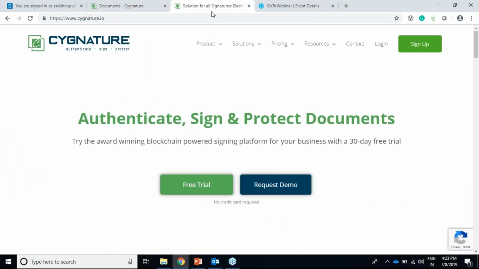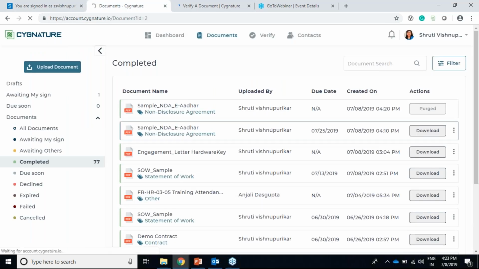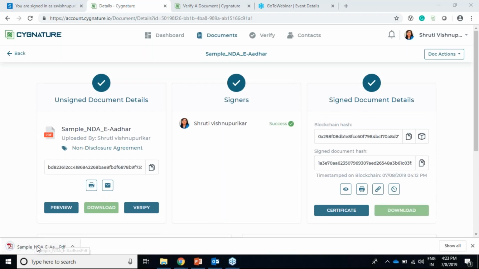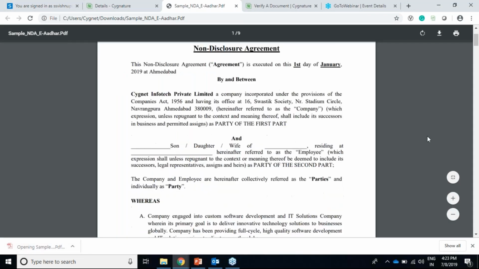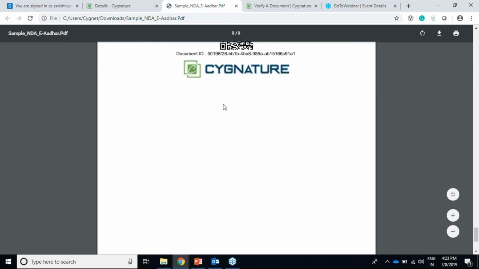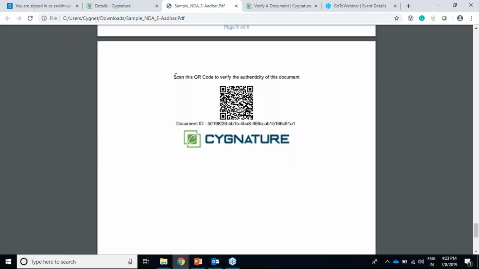One more thing which we have done is verification of document, as we discussed in this particular document. We had this QR code generated on the last page when we had enabled the option of append QR code verification. This is a very interesting feature. If somebody has signed the document and let's say I purged this document from Signature and I have a hard copy of this document, now what I have with me is this document ID.